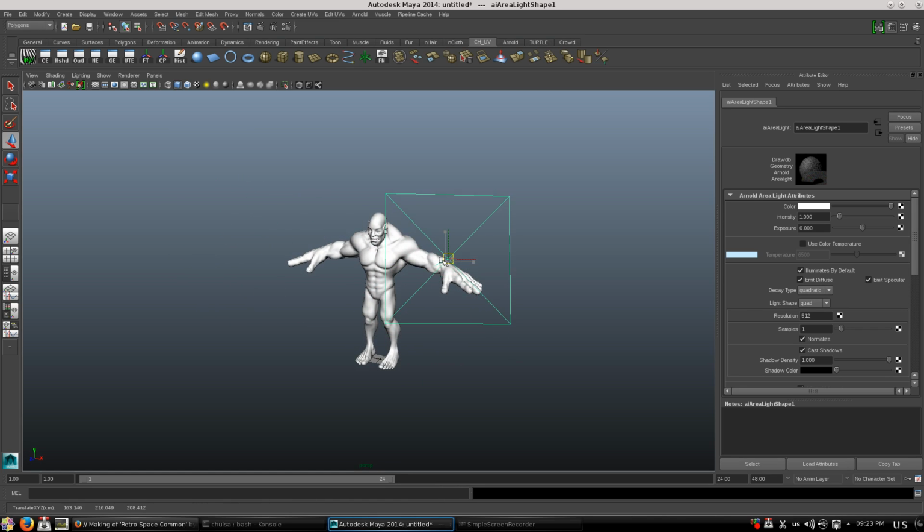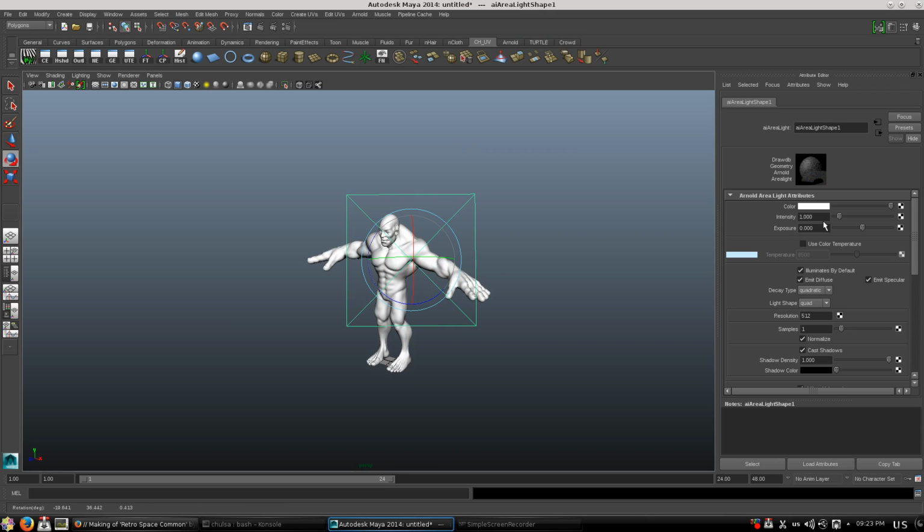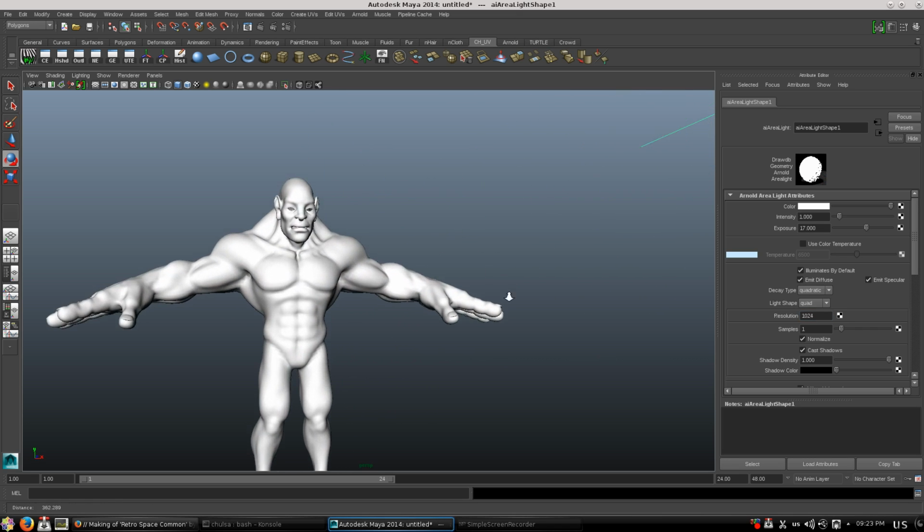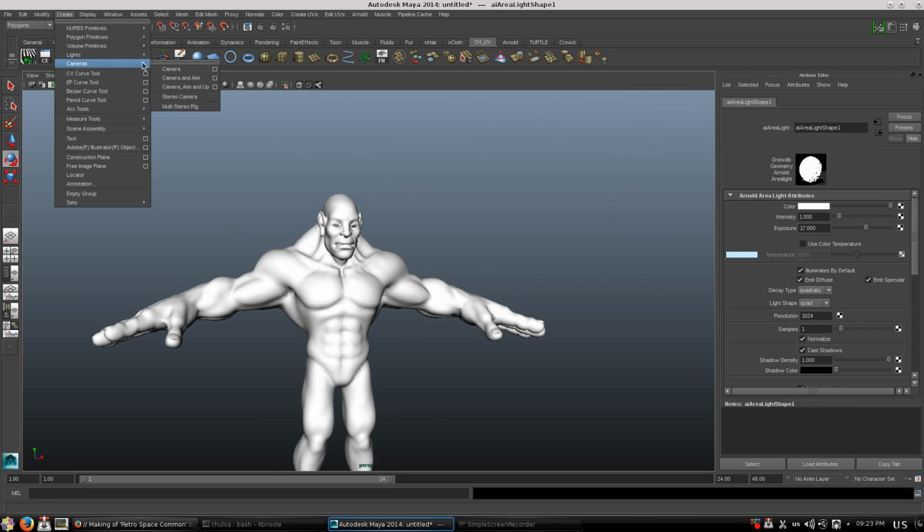So I will set up this lighting very fast and quick. Exposure is set to somewhere around 17. Resolution I push it to 1024. Okay, I will set up a camera,